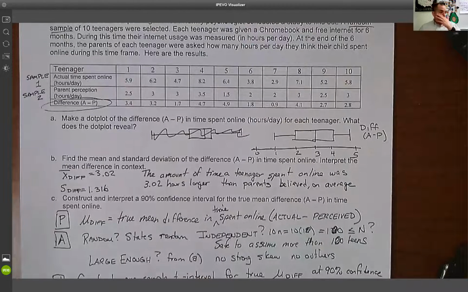What I mean by matched pair is the following. We have two samples, but they can be paired in some way. The easy way to see this is oftentimes it's going to be a before and after situation. We're going to be doing some sort of exercise program or a meditation program, and we measure my blood pressure before I start the meditation and my blood pressure after. Since I'm receiving both treatments, it's a matched pair. What that allows me to do is to see if there is an actual difference.